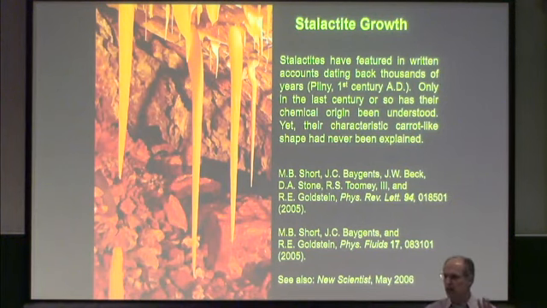And you can find in the pseudoscientific literature, historical documents dating back all the way to the elder Pliny in the 1st century describing these things. But it was actually only about 100 years ago that the basic chemistry became understood, and it's only about 10 years ago that some idea of where this basic shape comes from. It looks like a carrot, and we want to try to understand where that comes from. So I'll tell you in the first part of my talk a little story of how some basic ideas in fluid mechanics and chemistry boil down to the discovery of a Platonic shape, and I'll explain why I call it that, that seems to be what is found in nature.